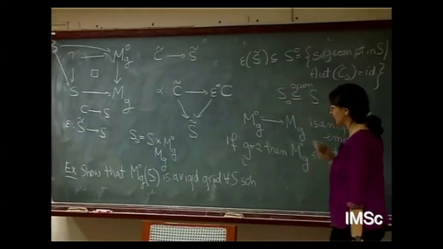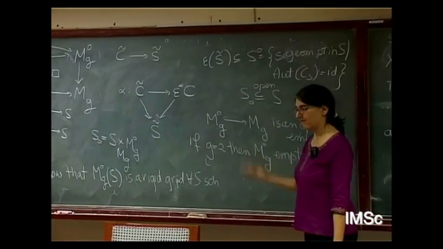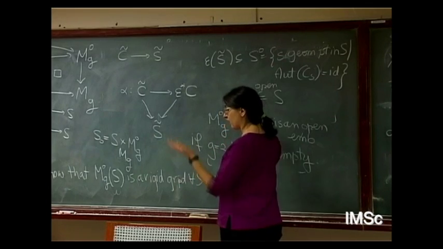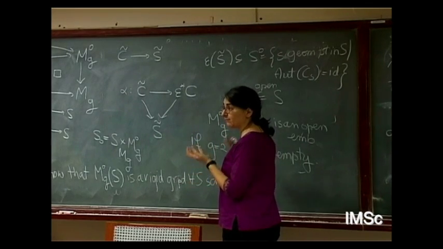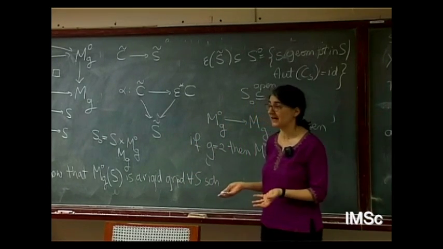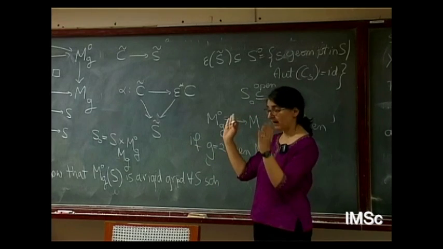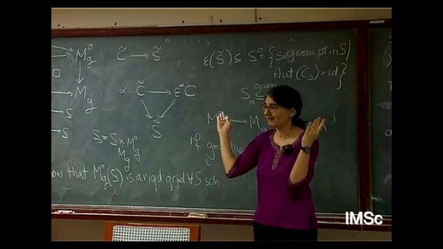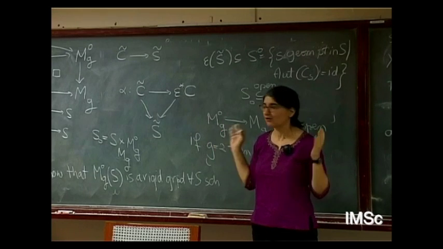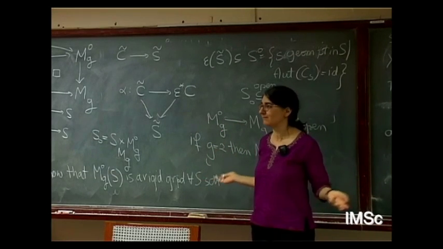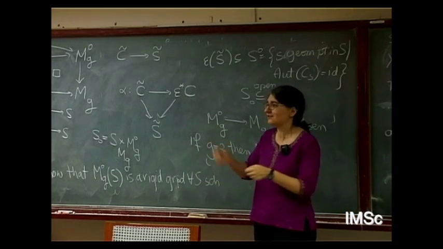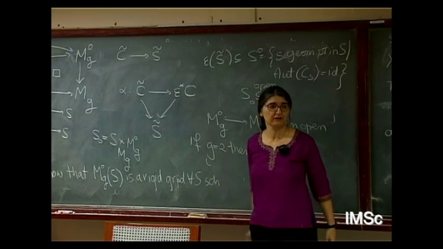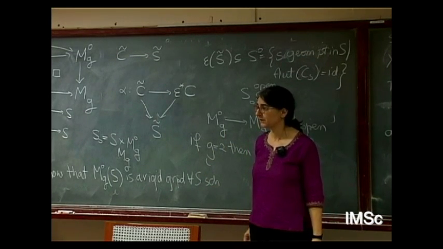So let me give you an idea. What you have to do is take any object and prove that the only automorphism is the identity. And this automorphism must map fibers to fibers. So on each fiber, it has to be the identity. So if S is reduced, this basically finishes it. And if S is non-reduced, you have a little argument to do, but it's not a very difficult argument.